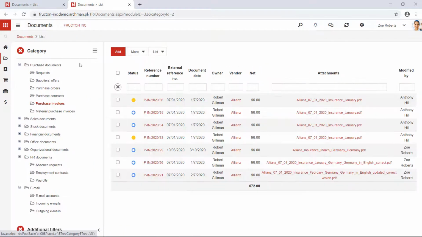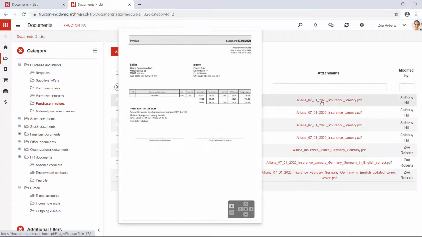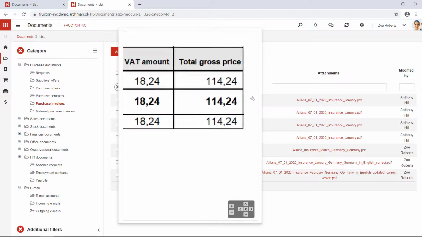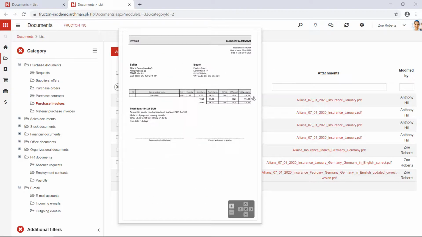Okay, I have the attachment column visible, and when I hover my mouse on it, the preview of this attachment is shown. And also, if the attachment has a couple of pages, I may switch the pages with the buttons here. So I don't have to go to the details of a document. I might see the details